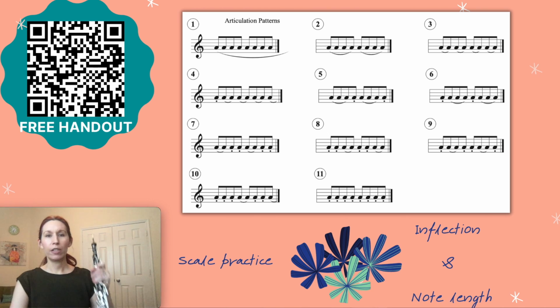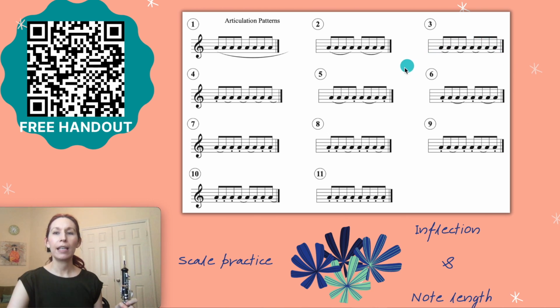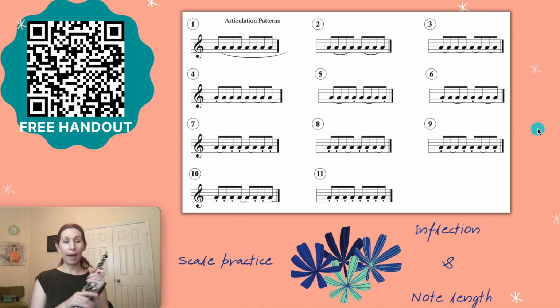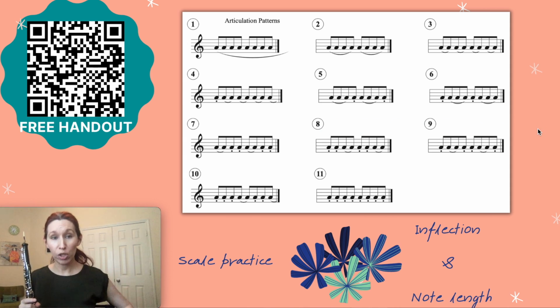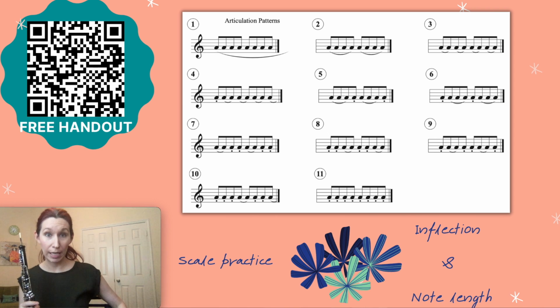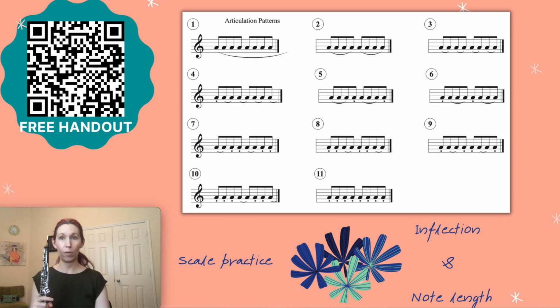Okay, so this is just an excerpt from the free handout that I created. If you haven't gotten that already, just scan the QR code and you'll get the entire handout, which includes these articulation patterns. So if you don't have your oboe handy, why don't you pause the video and go get your oboe, because today's video, you can play along with me as we play through some